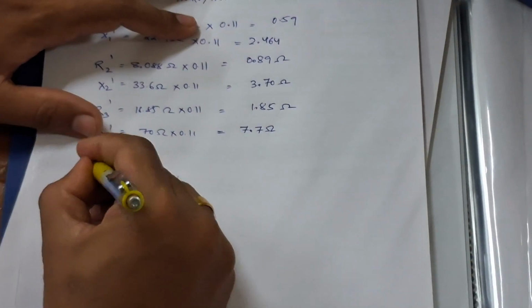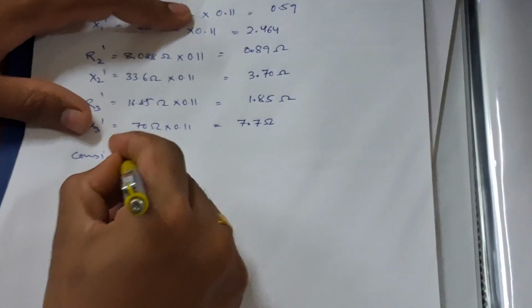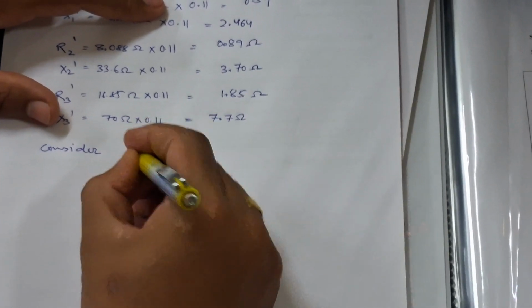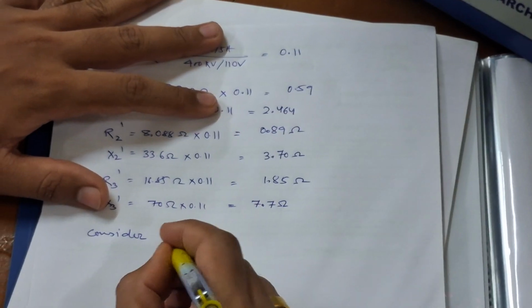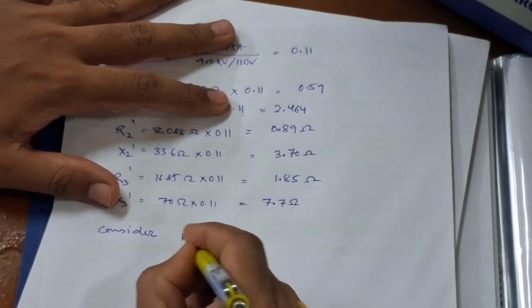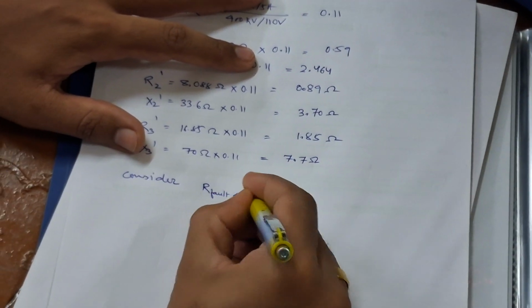We have to consider fault resistance for zone 1, fault resistance for zone 2, and fault resistance for zone 3. We are considering fault resistance for zone 1 as 10 ohm,